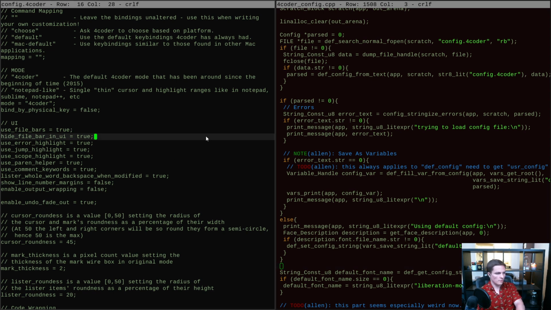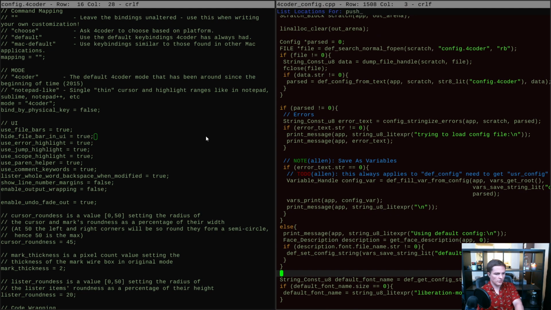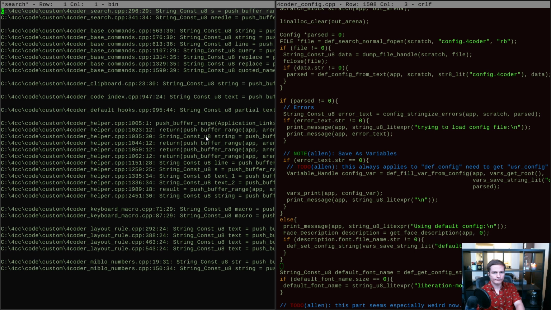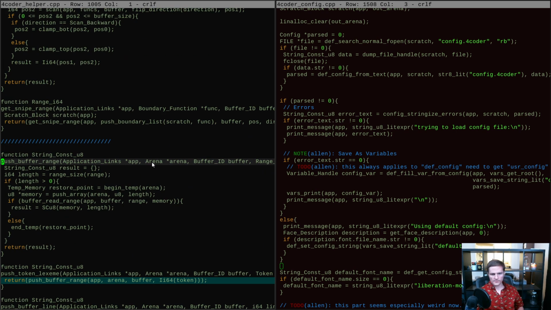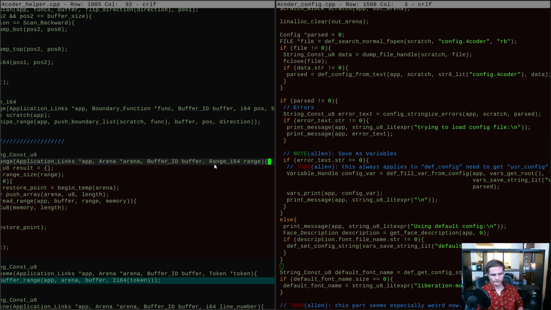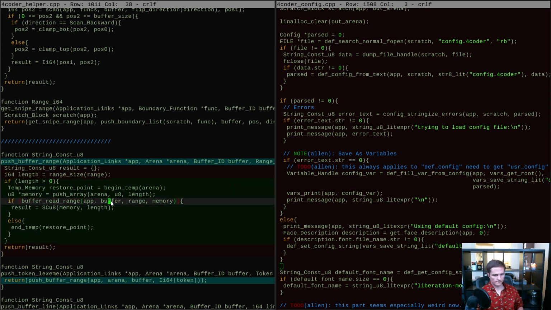Good question. So Mixer ID asks, what do you think about function names like push buffer range? Let's look for where this gets implemented. So let's see what it does. Creates a restore point on the arena, pushes that much, reads that much out of the buffer